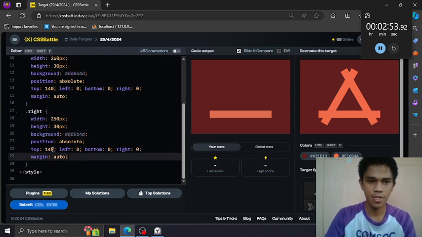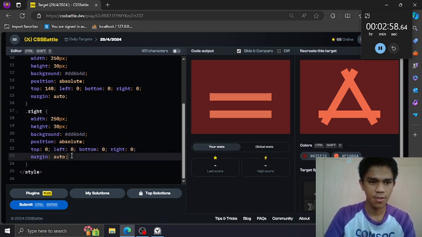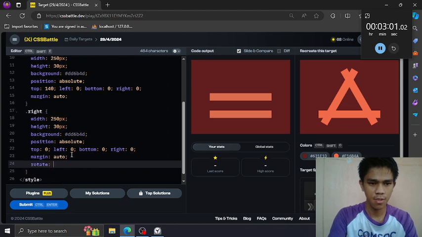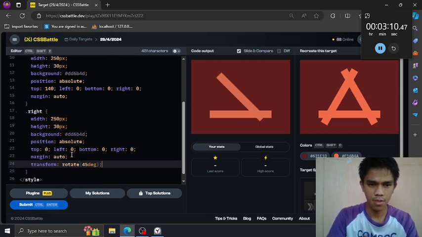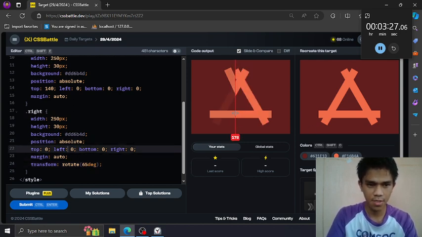We can just put this in the center and rotate. Like that. Maybe negative. Since it is right, yeah, positive. And rotate more. Then let's push this to the right.